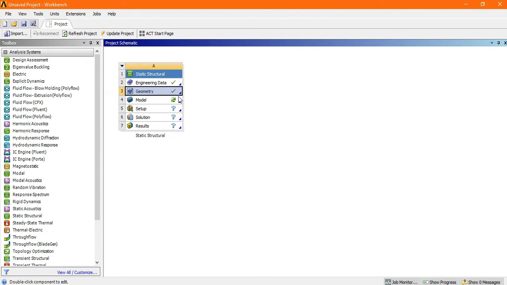Now the green check shows that in engineering data and geometry, these two operations are performed. So we have to move to the next operation, the model. Just double click on the model to open it.